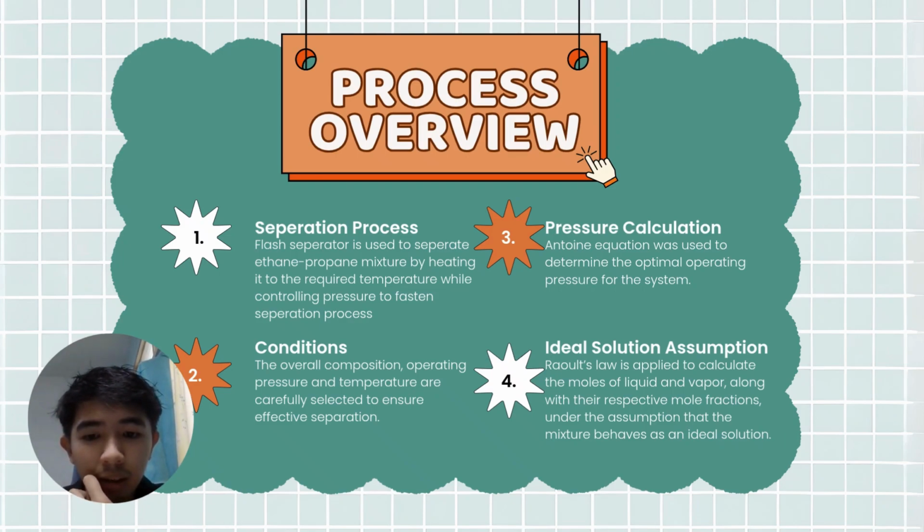For pressure, we will take the dew pressure and bubble pressure of ethane and propane, and we will take the midpoint of it, which will be discussed after this. Next, we will determine the overall composition, operating pressure and temperature. After that, we will use the Antoine equation to calculate the pressure of the operating system. And last but not least, we will use Raoult's law to determine the